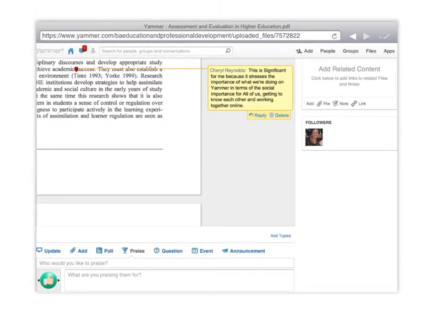So my comment is that this is significant for me because it stresses the importance of what we're attempting to do here on Yammer in terms of the social importance for all of us, really trying to get used to each other, to know each other and to work together online in ways that might ameliorate the effect of us not being together every week, of only meeting at day schools, but that nonetheless we can create something of an online identity for ourselves and begin to work together as a group in order to learn together.